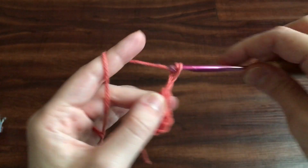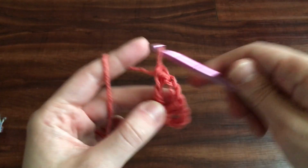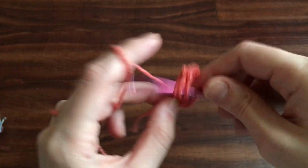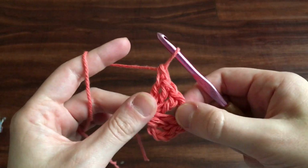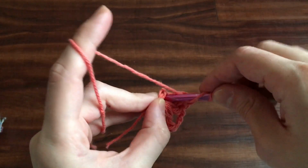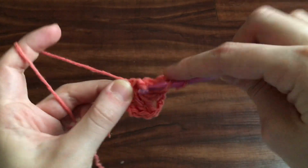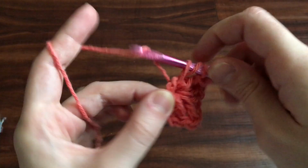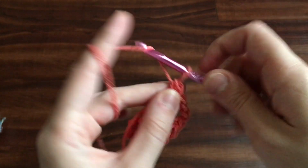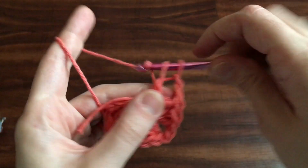chain 2, insert 3 more double crochets into the center of the ring, chain 2, insert 3 more double crochets into the center of the ring, chain 2, and insert 3 more double crochets into the center of the ring,